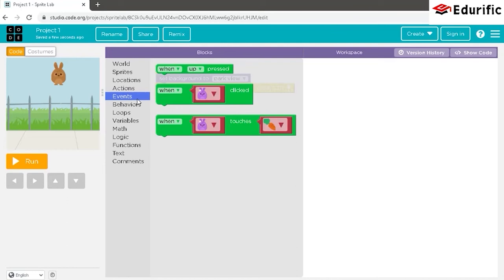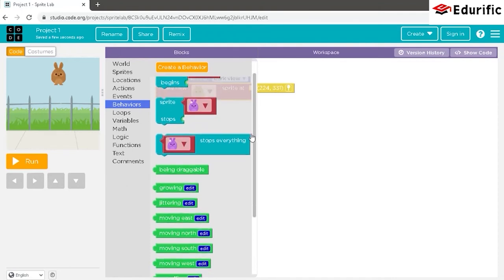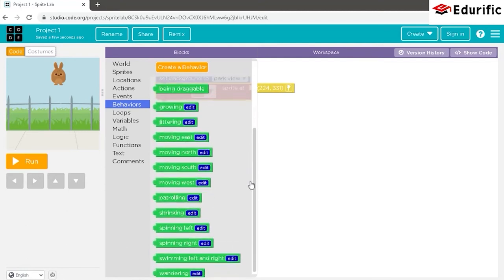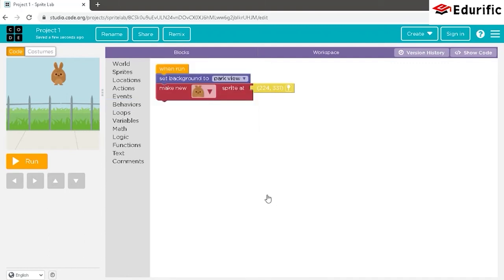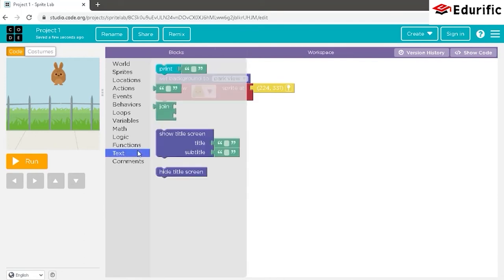Also, the behavior section, which contains the different behaviors that a sprite performs, such as growing, moving in directions of east, north, south, west, shrinking, spinning, swimming, etc. Also, if any of the categories which enable us to create our code is missing, we can always go to the functions category and create a function or a trait which is suitable to our code but not present in the given categories.